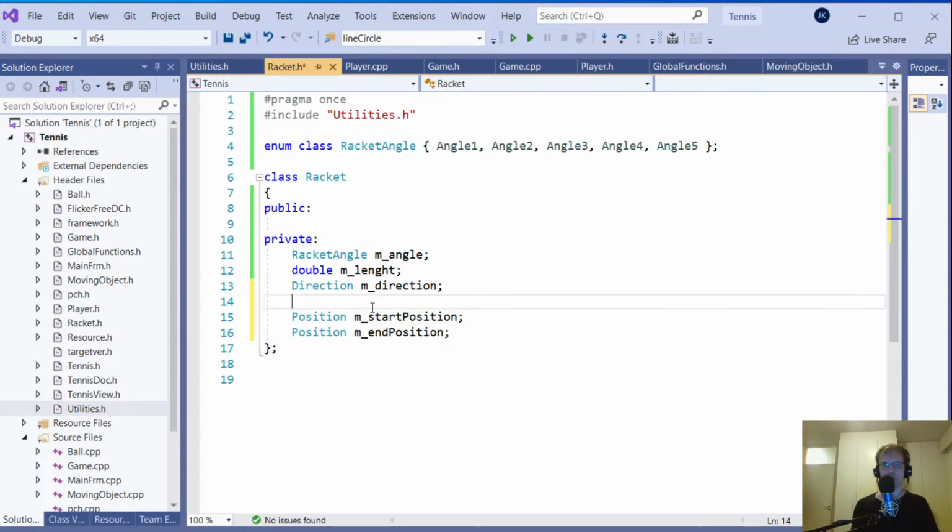Okay, so this is the racket. The racket describes the racket. Okay,